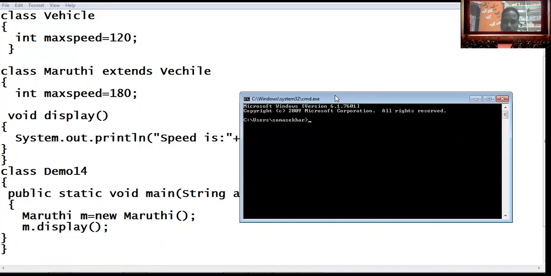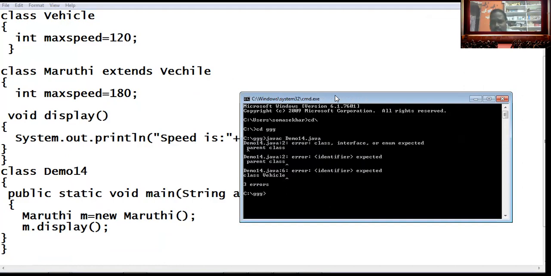In the command prompt, cd is the folder, this is my folder. I want to execute the code, so I have to compile it: javac Demo14.java.